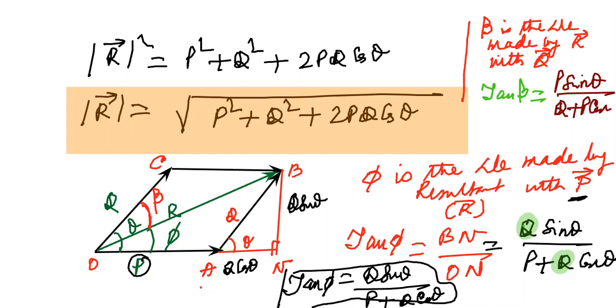So if you just interchange the position of P and Q, you will get the value of the angle made by the resultant with the direction of Q. So this phi is the angle made by the resultant with the direction of P. So that is very, very important. So we have now learned to find the angle between the resultant and the two vectors, and also we have also found out that the magnitude of the